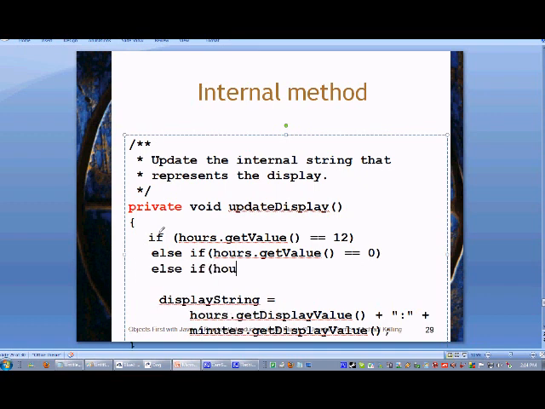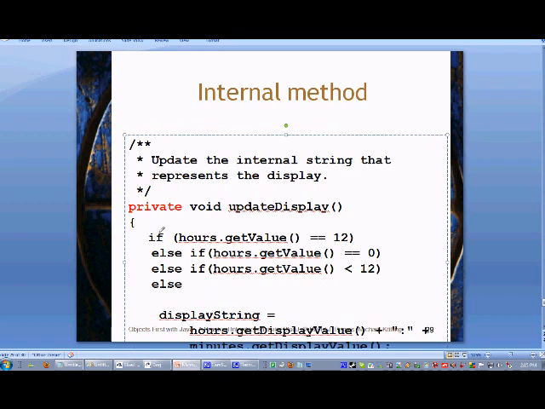Otherwise, if the hours.getValue is less than 12, well, that's morning time. Otherwise, if the hours.getValue is greater than 12, or you can just say otherwise, you know it must be greater than 12, then it's PM. But for example,